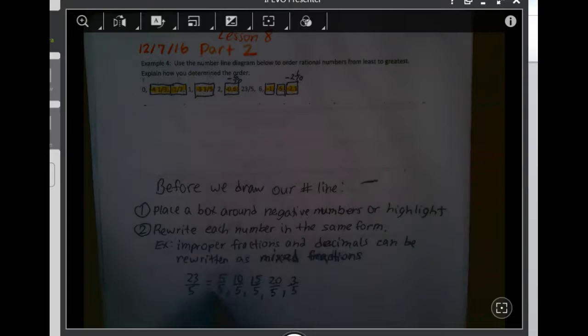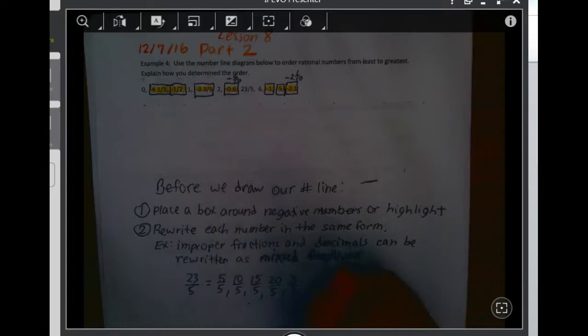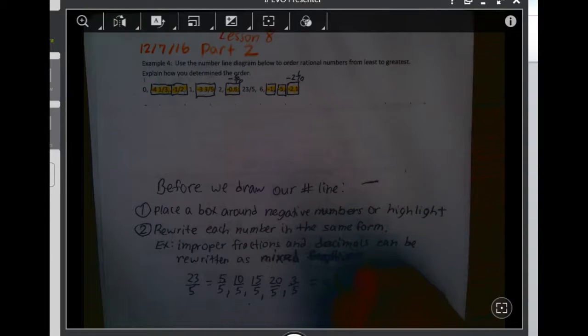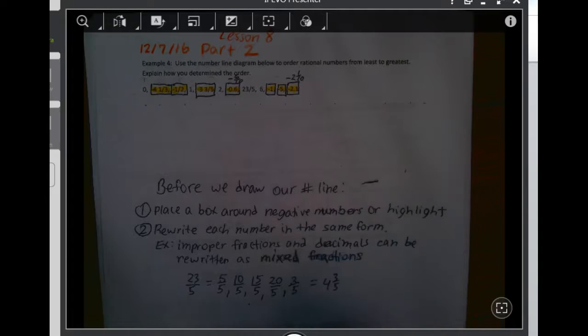So now we have 1, 2, 3, 4 groups of 5/5 with the remaining 3/5. So our improper fraction is rewritten as 4 3/5. And one way to check this is to use the Texas method,